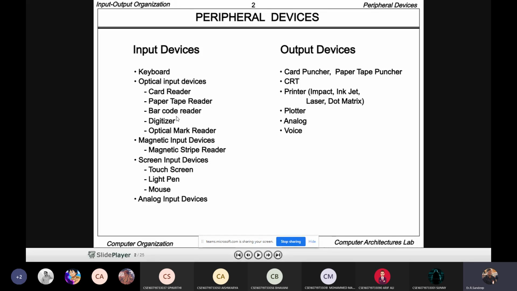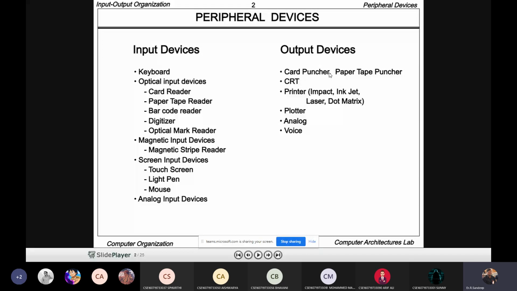There is a 2 marks question: what are the peripheral devices? Give examples for them. At that time we need to answer input and output devices. Examples for the input devices are keyboard, and this list goes on. And the output devices are like a speaker or the monitor, and the list goes on, and the printer. So these are the input and output devices, and they are implemented in different ways.